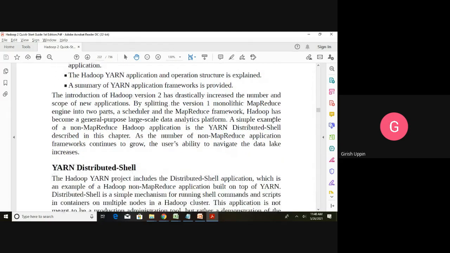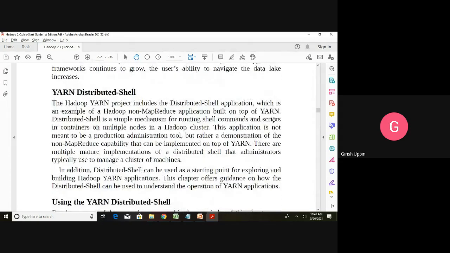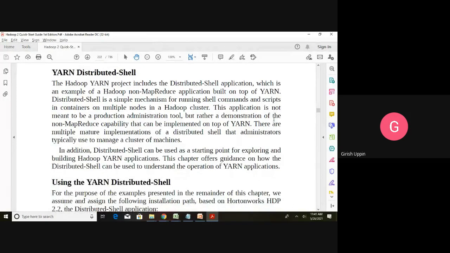Okay, so this is the YARN distributed shell. This project includes the distributed shell application, which is an example of a Hadoop non-MapReduce application built on top of YARN. Distributed shell is a simple mechanism for running shell commands and scripts in containers on multiple nodes in the Hadoop cluster.